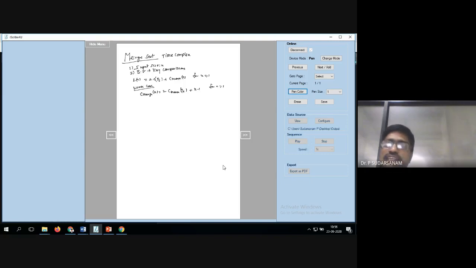To solve the recurrence relation, we have to use the master theorem.